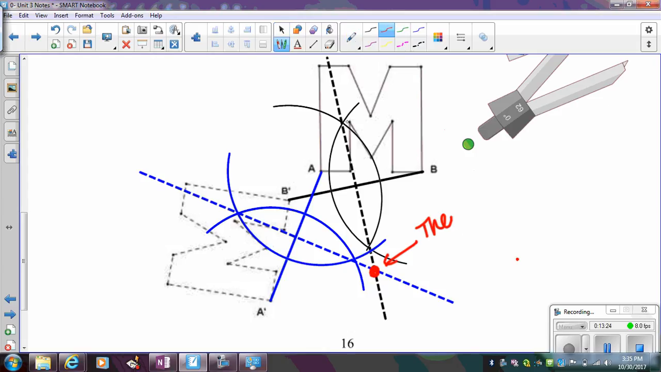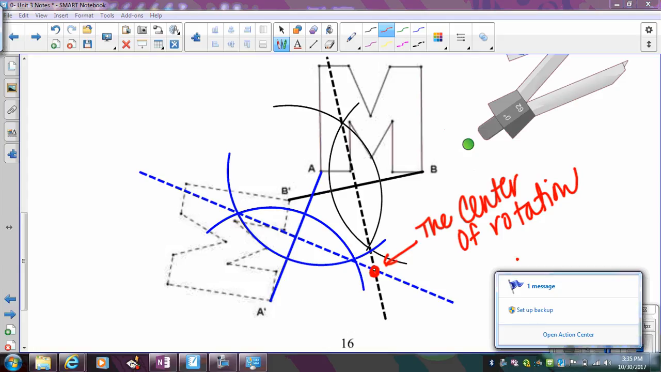And you could connect more points if you wanted to, but I don't need to because in the end, my intersection will always be where two perpendicular bisectors cross, or if you draw in a third perpendicular bisector, it's going to cross in the same spot. So it's where the perpendicular bisectors cross, but you only need two of them. So the center of rotation is right there,